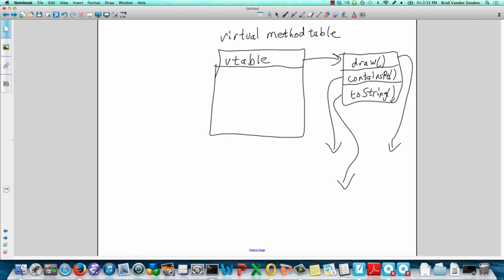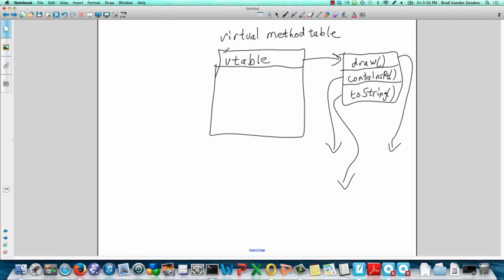And this vtable does not contain the addresses of non-virtual methods, because those can be inserted into the assembly code or machine code by the compiler at compile time. It's only virtual methods that have to be looked up at runtime,